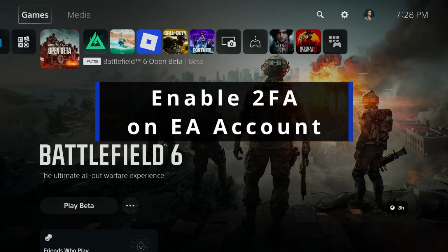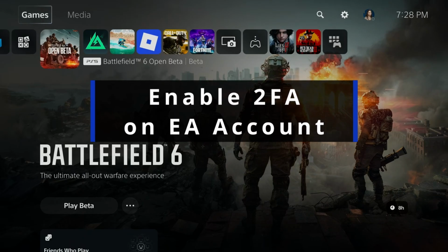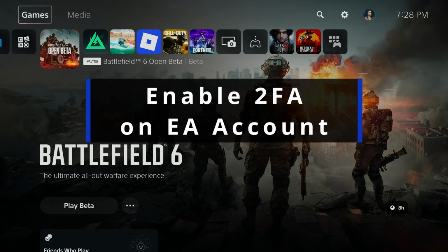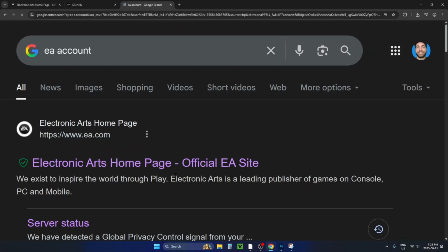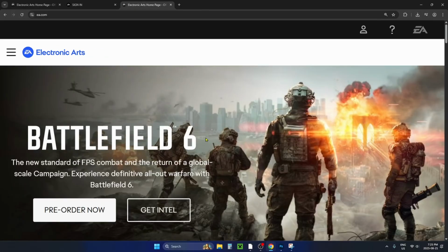In this guide, I'll show you how to turn on or enable two-factor authentication on your EA account. So the first thing you want to do is open up a web browser and go to Google. Then in search, you want to type in EA account and search. From here, we're going to select the link at the top, and that's going to bring us to the EA